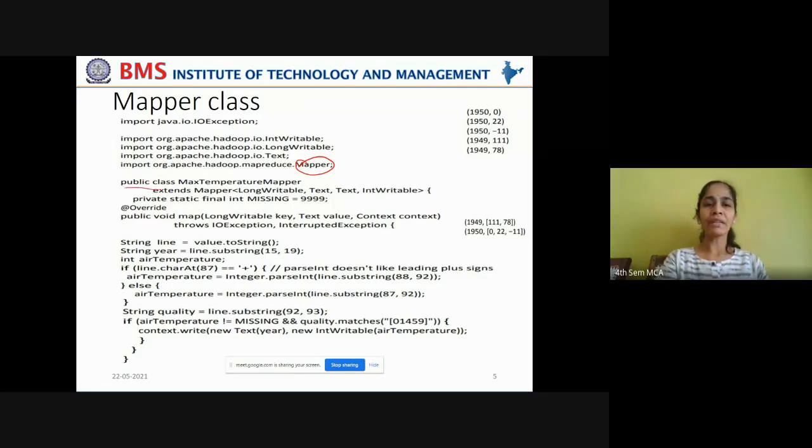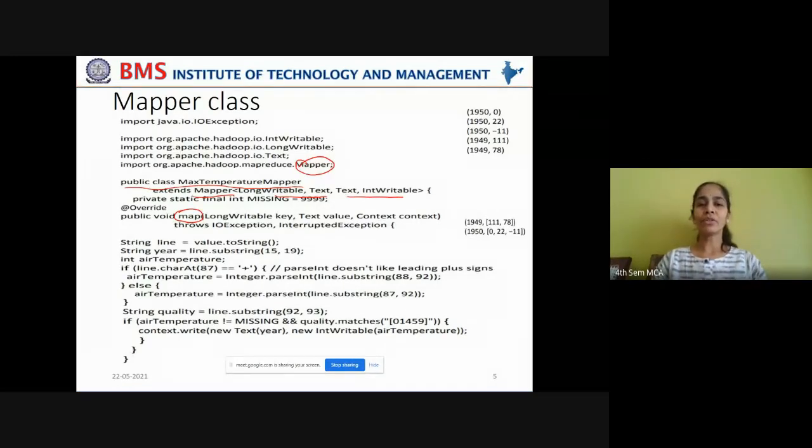So we have taken this public class MaxTemperatureMapper, which extends the superclass Mapper, which will help us to override this map function. This map function takes as input key value pairs and writes as output again key value pairs. And that we have mentioned here in the template very clearly.